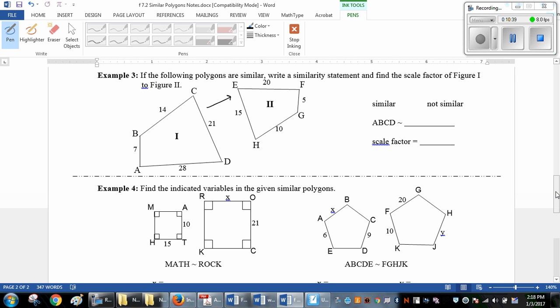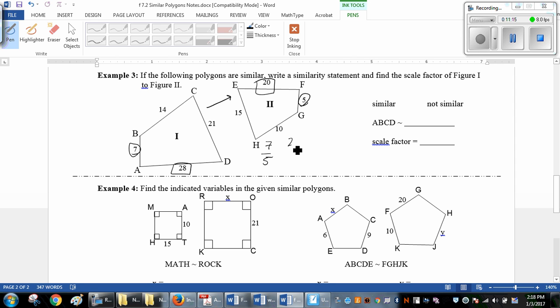Let's start by matching up the smallest side on each one, because if they are similar, the smallest will go with the smallest. So 7 will go with 5. So that's our first ratio. And let's check the rest, okay? Now let's go to the biggest, and the biggest in this one is 25. And notice I'm boxing this one so I can see which ones match up really easily. It's 20 is the biggest, so if we check that, we're going to get